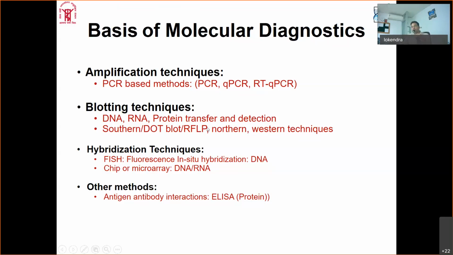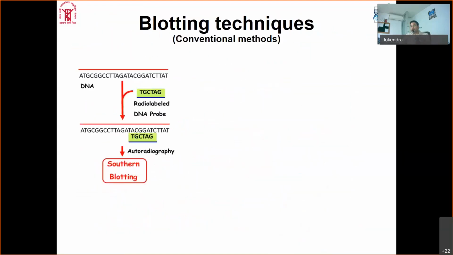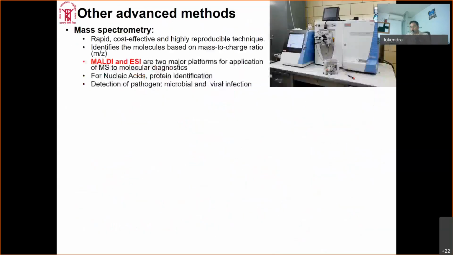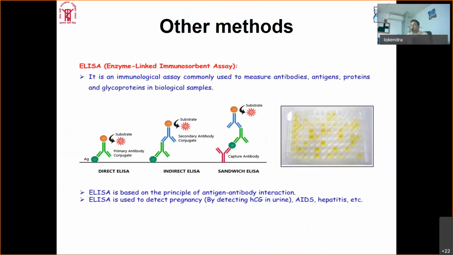So far we have seen amplification, blotting technique, and hybridization. Now we will be looking mainly at more advanced methods apart from ELISA. ELISA is a very common and very well-known method. The flow cytometry, mass spectrometry, and NGS. So just to wrap up with the ELISA method, everyone knows that ELISA is the enzyme-linked